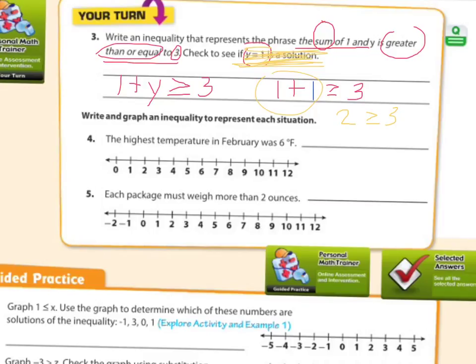Boo! Write and graph an inequality to represent each situation. It says the highest temperature in February was 6. All right, so that was the highest temperature. That means it was the warmest that it got. That's the greatest temperature. So the other temperatures in February, were they over on the left side or over on the right side? Which side has temperatures that are lower than 6? The temperatures over here. So the way you graph that is